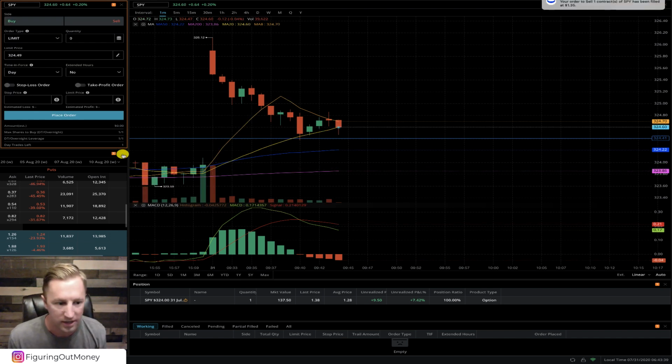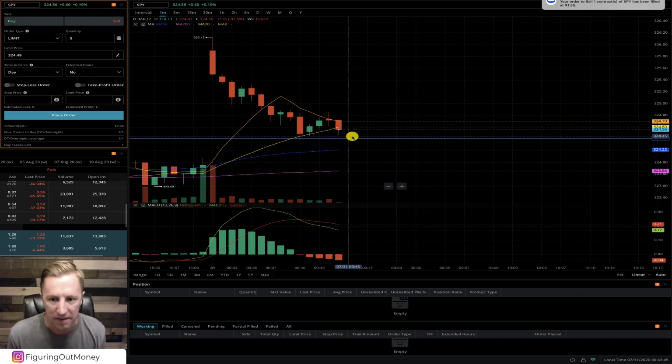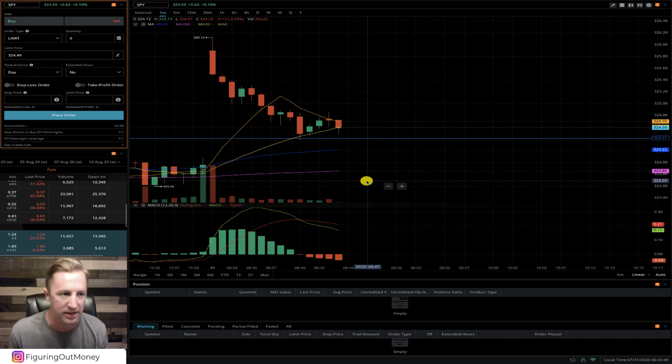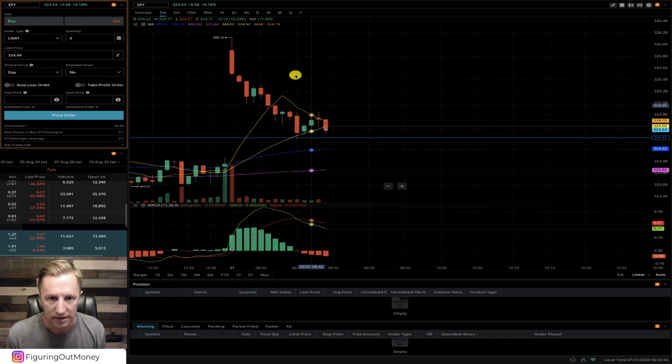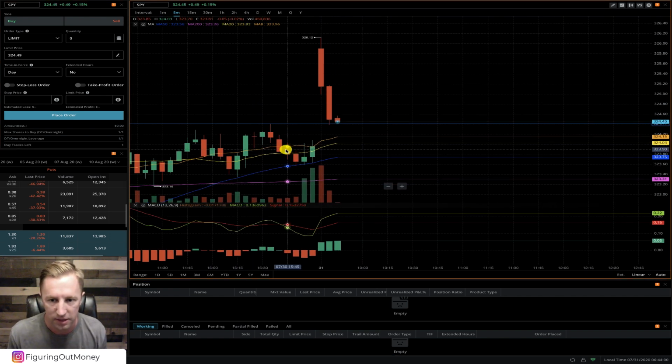Okay, so I just exited that position. It was pulling back pretty quickly right there, so I am completely out of there. I didn't want that one last remaining contract to break down and then take away a lot of my profits. Just to recap, what took place there is on the 5-minute time frame, the SPY did gap